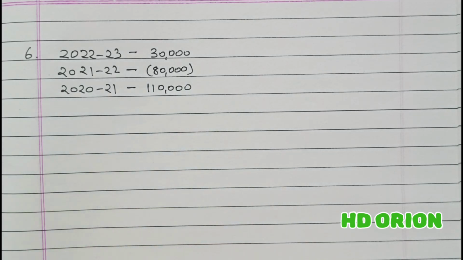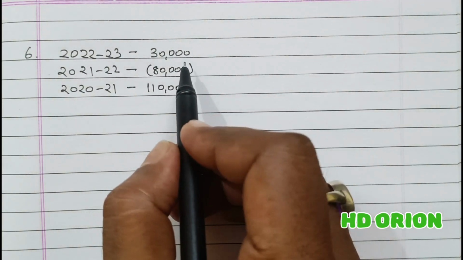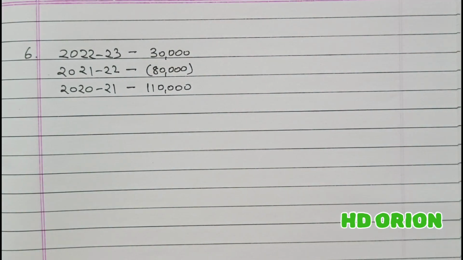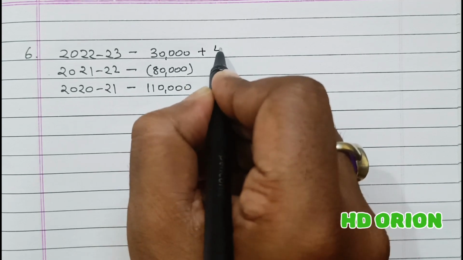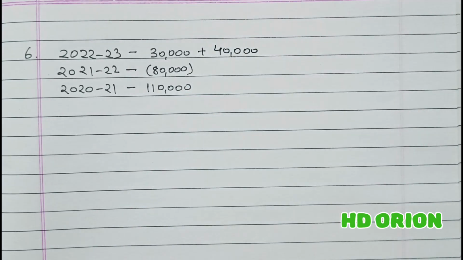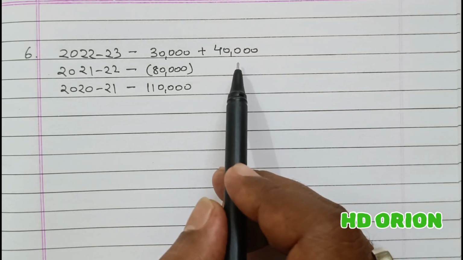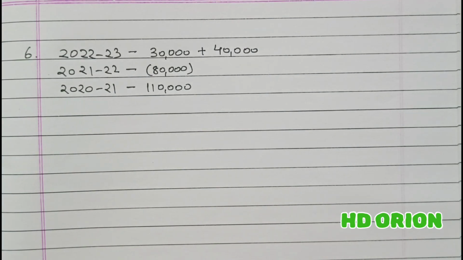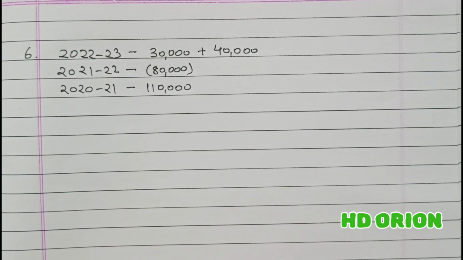Fine. The first year's abnormality is there. There is a loss by fire. So a fire broke out and there was a loss of rupees 40,000. So we will add back this abnormal loss because this abnormal loss is not a regular feature. Therefore it is abnormal. Fine. Fire will not happen every year. Accidentally, by chance, it happened in a particular year, but it may not happen every year. So it is to be eliminated so that we can get the right amount of average profit